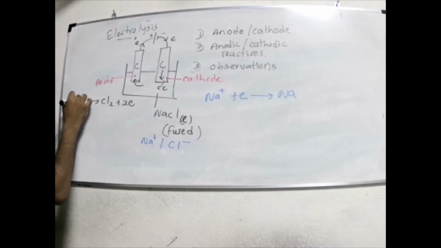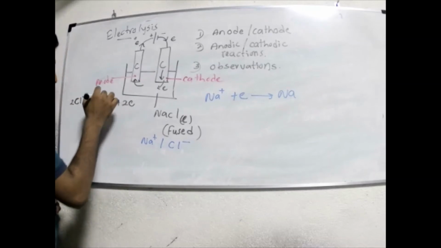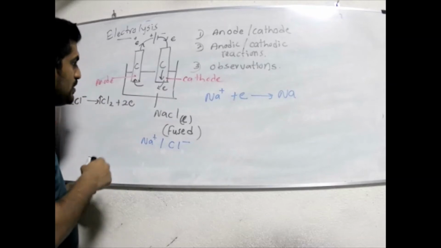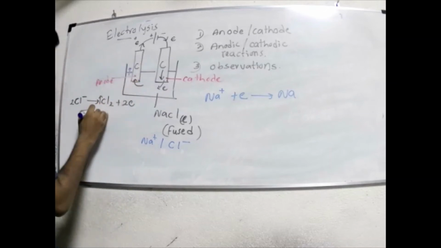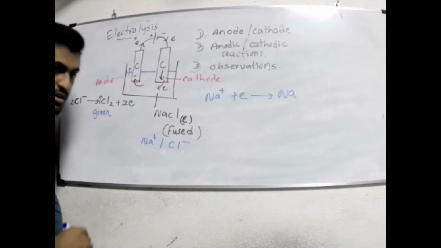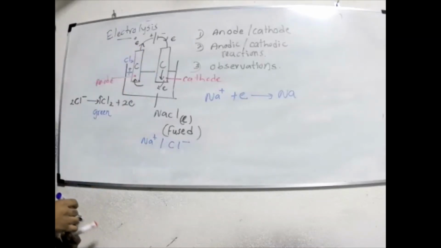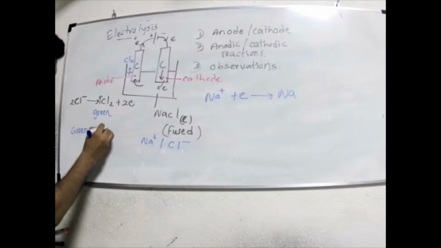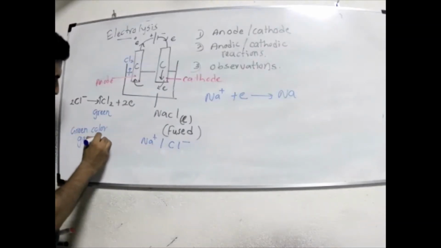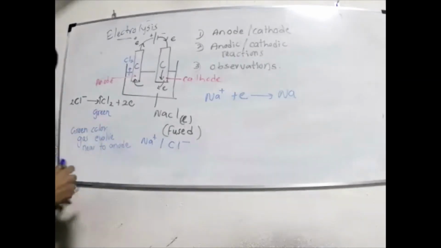Cl minus can give chlorine and 2 electrons. This chlorine is a gas. So you can see, chlorine gas is a green color gas. You can observe that green color gas is evolving near to the anode. Observation: green color gas evolves near to anode,